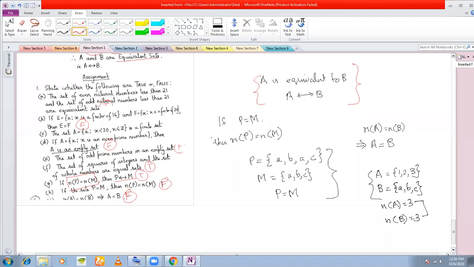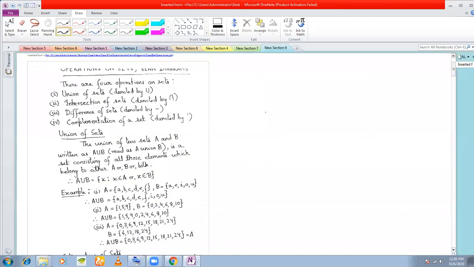Now I start with the set operations. This is the main thing that is there in your syllabus. Under sets you have 4 kinds of operations. Now, what are operations? First of all, you do your daily addition, subtraction, multiplication and division. Suppose I am adding two numbers, 2 plus 3 is equal to 5. This plus sign is actually an operation which we are doing on 2 and 3, and the result we are getting is 5. So when 2 is operated with 3 with a plus sign, we are getting the result 5. This we are doing on numbers.